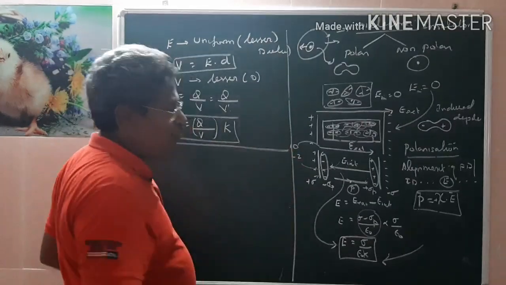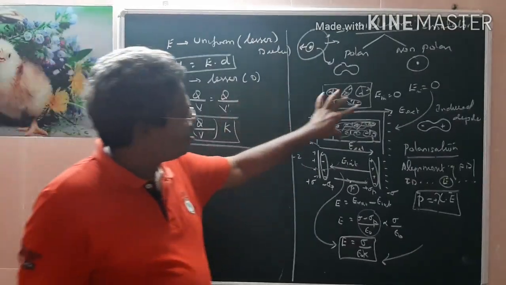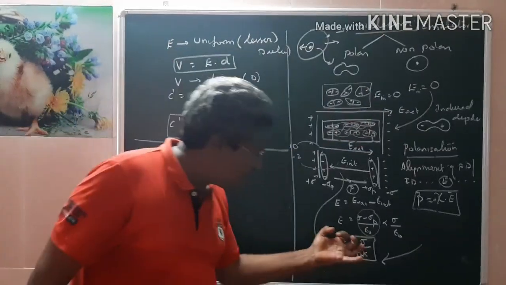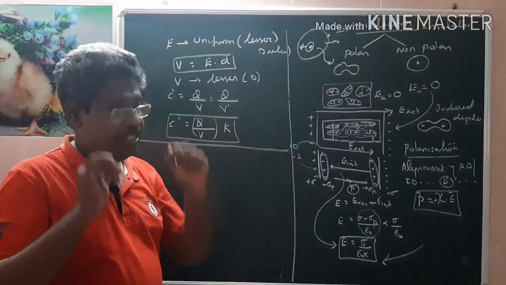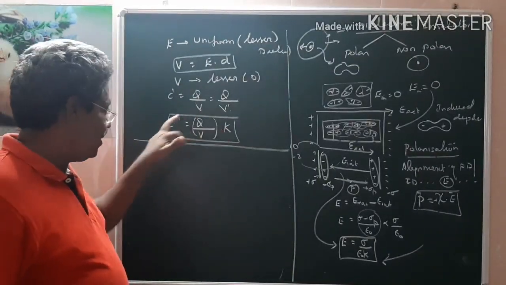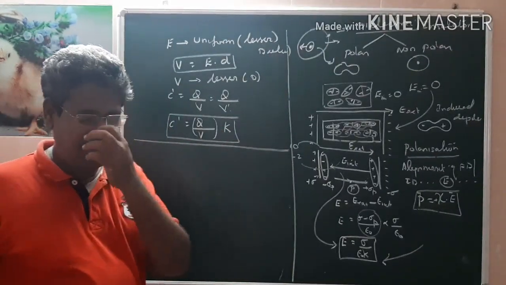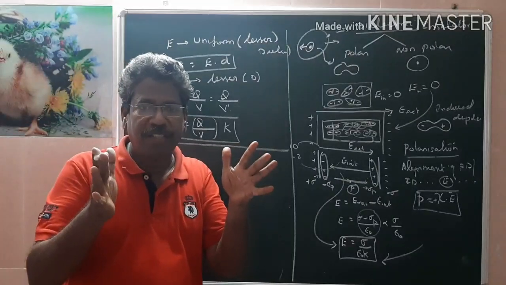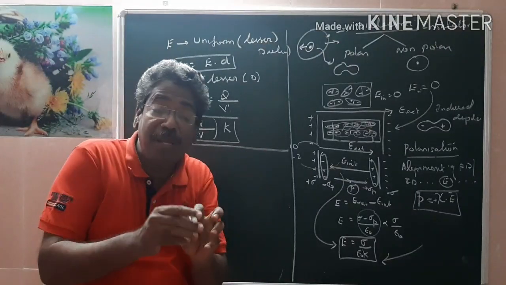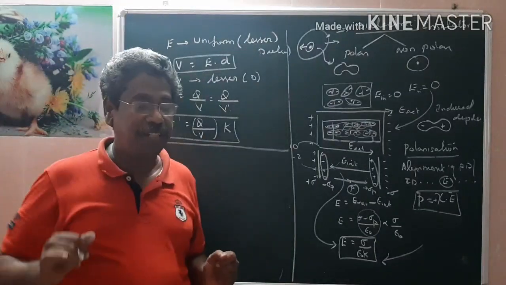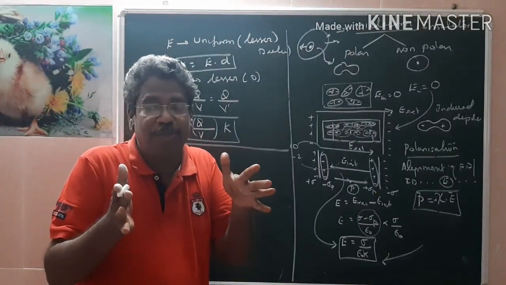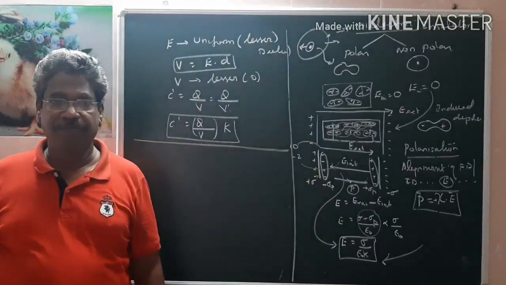What I intend to prove is that, due to the introduction of the dielectric, the net electric field decreases. As a result, the net potential between the two plates decreases. As the potential decreases, capacitance increases. That means, if the two plates are filled with empty space, there may be a possibility for leakage of charges. But when the dielectric is filled, the leakage of charge between the two plates is almost prevented.